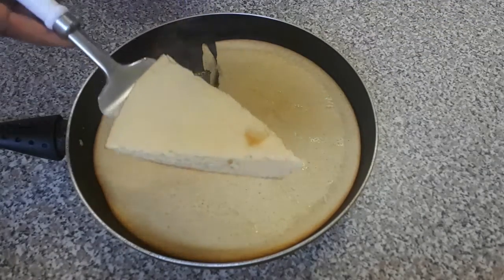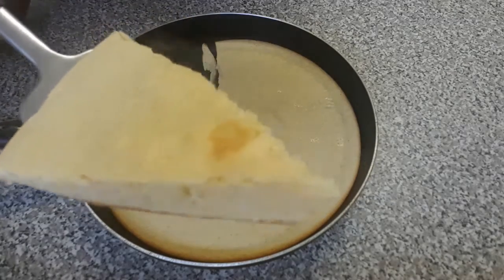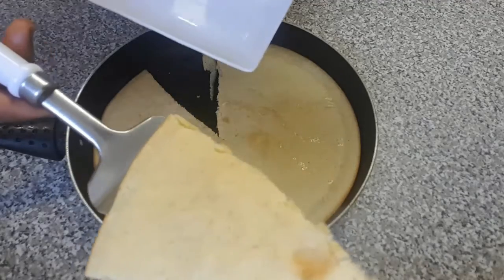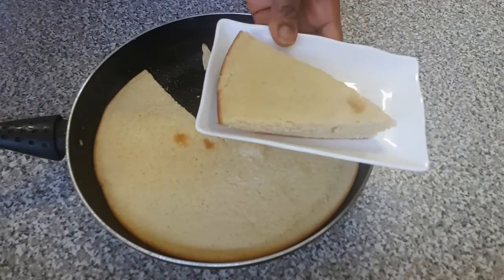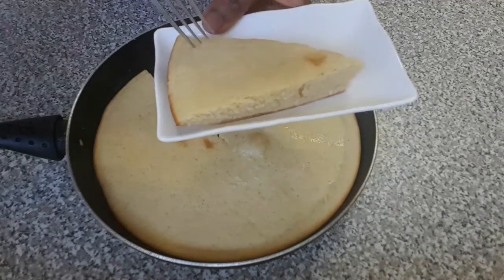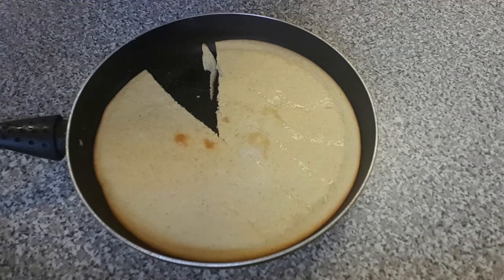So you can see how it is looking fluffy, you know, inviting. You can see the steam. Wow, at this moment I'm going to be having a taste from it. Wow, this is really yummy. Really tasty, nice. Wow,